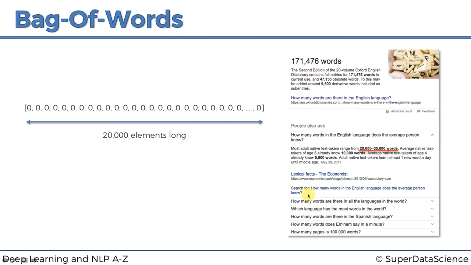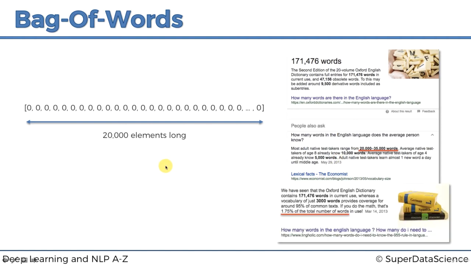So you can see that the irony is that even in this search on its own, we're already falling victim of natural language processing, even though that wasn't our intention. That's not what we're going to be talking about, but it's just funny that it came up. Anyway, so 20,000 words, and a fun fact is that we actually use